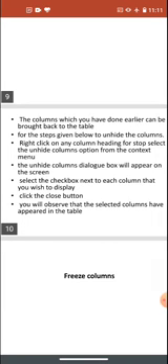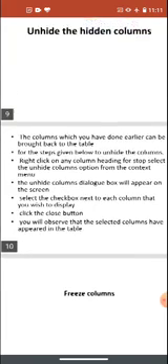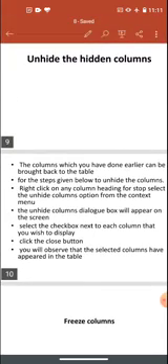When you right click, a pop-up box, the dialog box, will appear. In that dialog box, all the columns will be there, and there is a checkbox to the left of each column. If you tick that column, it will be shown to you. And if you untick that column, then that column will be hidden.